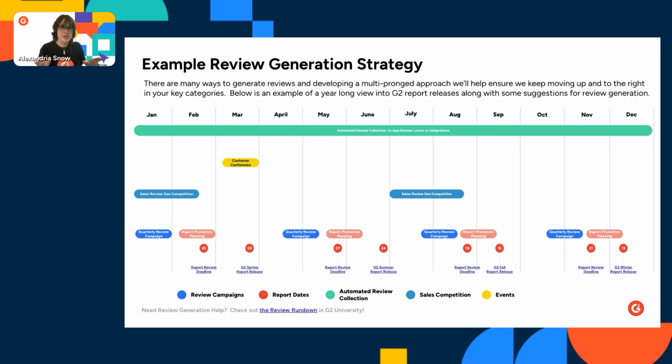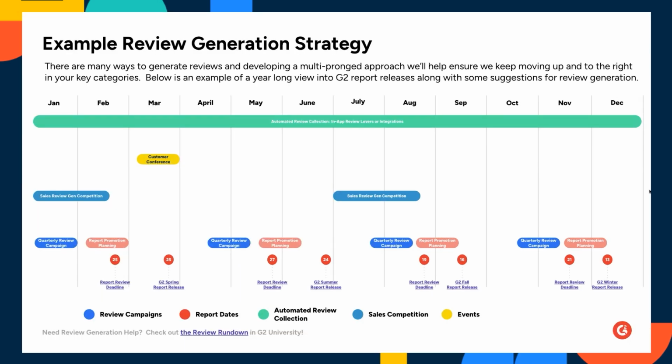So I know this is a bit of an eye chart. We're going to blow it up a little bit bigger for you all right now. But this is what I used to do when I was a customer. So first, the bar across the top, that teal color, that is automated in-app reviews. So inside our solution, we had it turned on so that at any time there could be a prompt prompting someone to leave a review. And again, don't be afraid of negative reviews. You want to collect as many as possible because you'll be watching them come in and they give you a chance to grow.